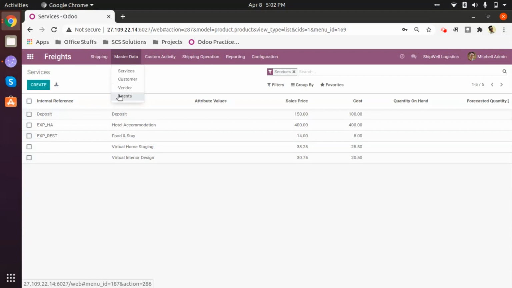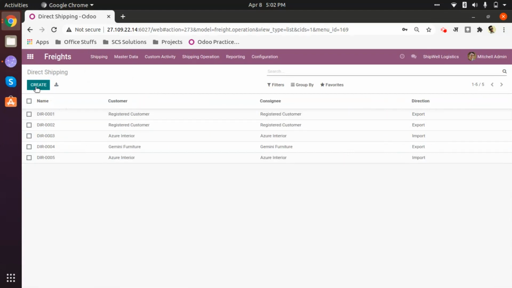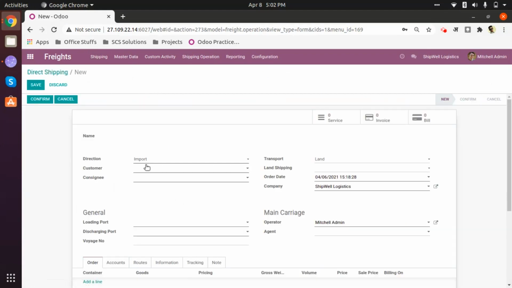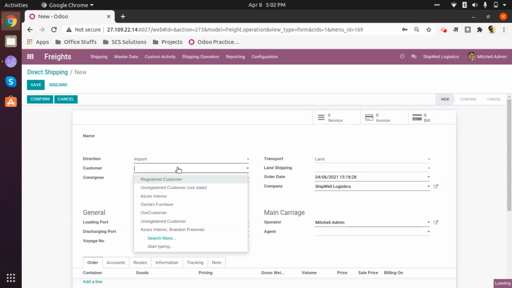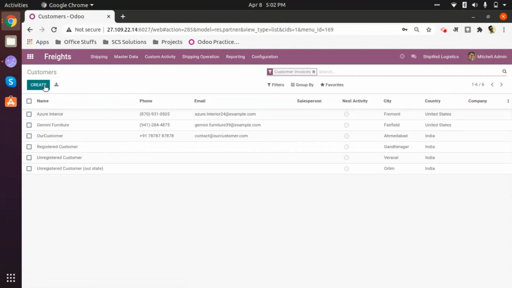All right, guys, to go further, we will talk about the customers. To make this clearer, as I said, there will be an immediate question right after you mention whether you're going to import or export something: who is that company, or who is that person we are going to sell our services to. So let's go inside the master data from here, go inside the customer,